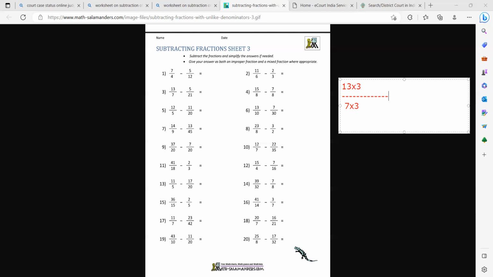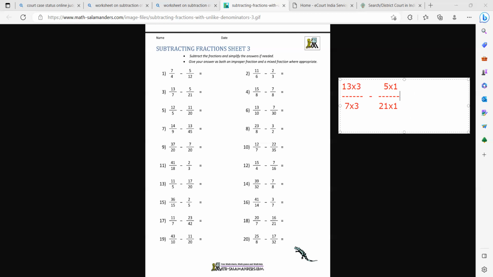Then what can we do? Minus 21 into 1, and what we have? 5 into 1. See, the numerator and the denominator will be multiplied by the same number. Here also we have 3, here also we have 3. Here also we have 1, here also we have 1. So that makes the answer as